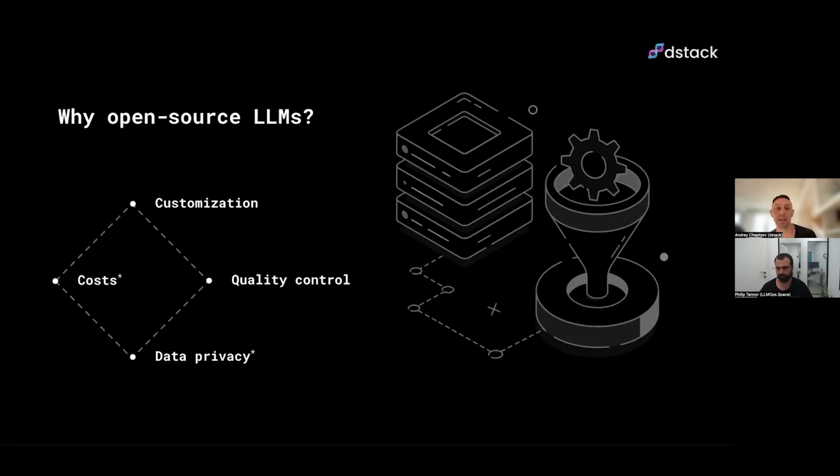Well, the other 3 reasons worth mentioning. One is quality control. Imagine that you are building on top of, let's say, GPT-4 or GPT-3.5, and the model behavior is changing constantly due to policy updates and performance improvements. If you depend on their model behavior in your business, and this behavior changes at any time, there is a big risk. That's why, if you are using an open source model, you have full control over the model behavior.